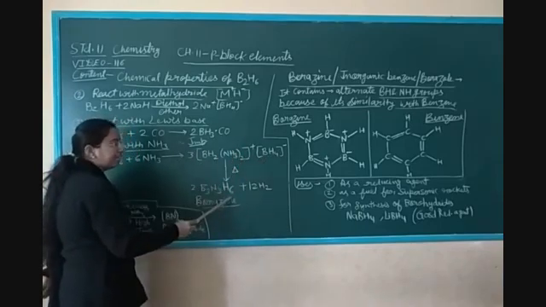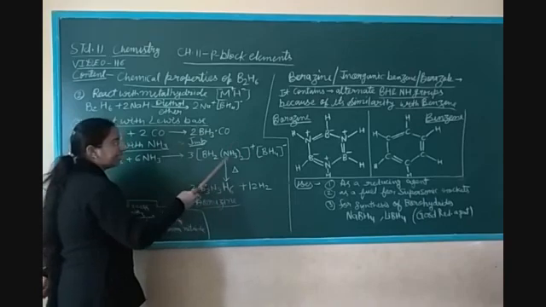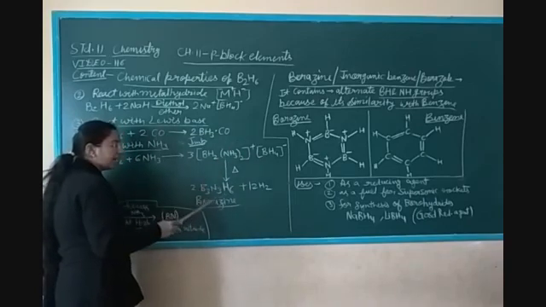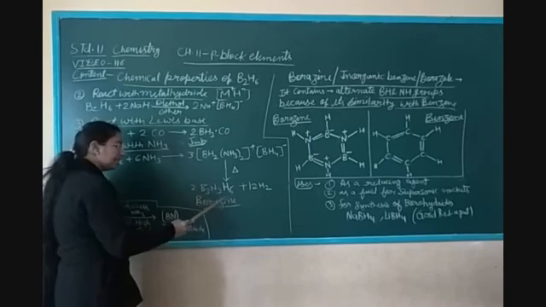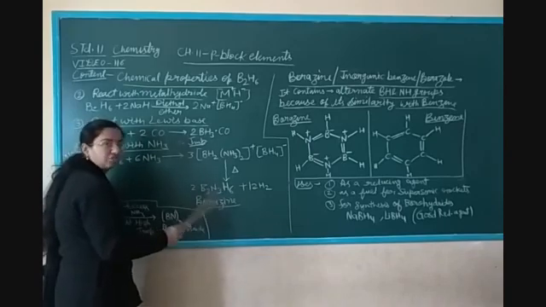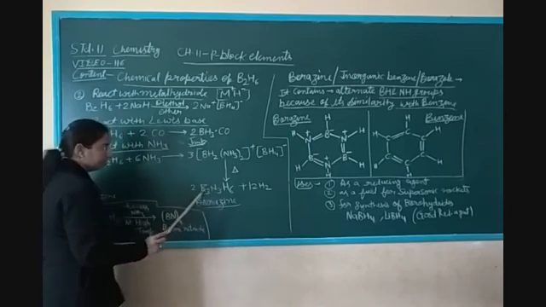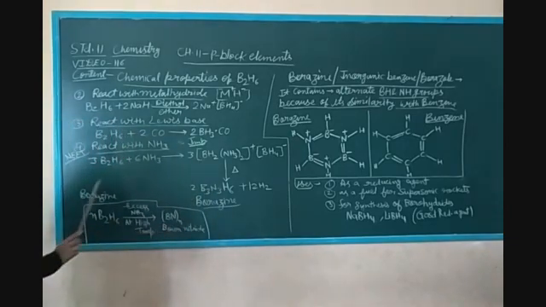When we heat, the cationic and anionic parts combine and form one compound, B3N3H6. Total boron 6, so 2B3; total nitrogen 6, so 2N3; and hydrogen 12, so 2H6. So B3N3H6 is given the name borazine, and hydrogen gas is evolved.